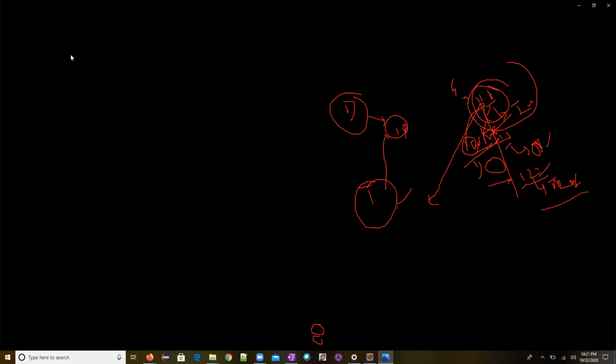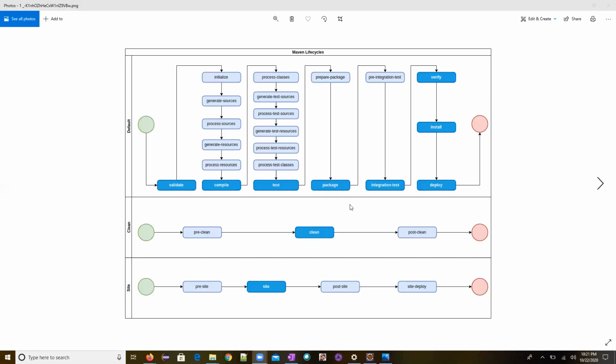Now if you see here, this one diagram will give us that particular picture. Oh, it's loading. So we need to remember this. This is very, very important. VCT, okay? VCT and PIV, PIV and ID, or you can remember however you want. I'll take the first letters of these phases and then try to remember.